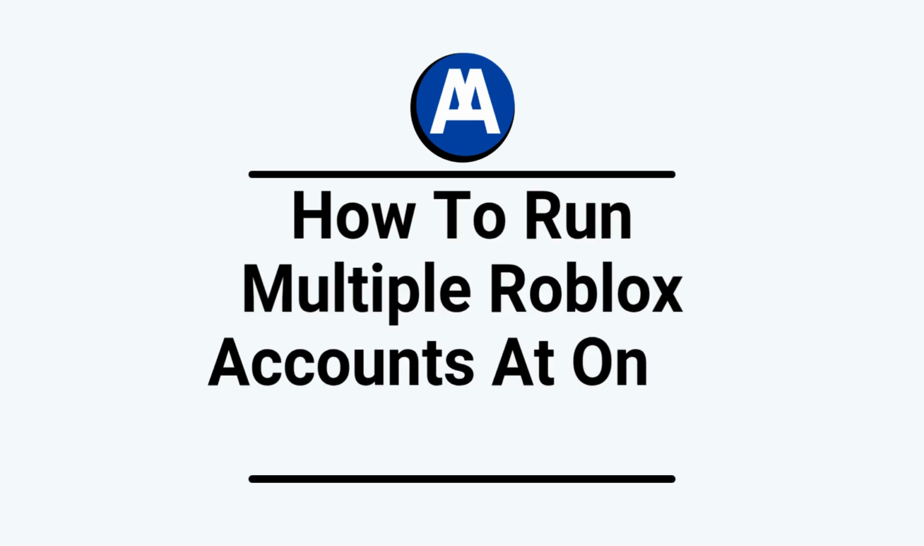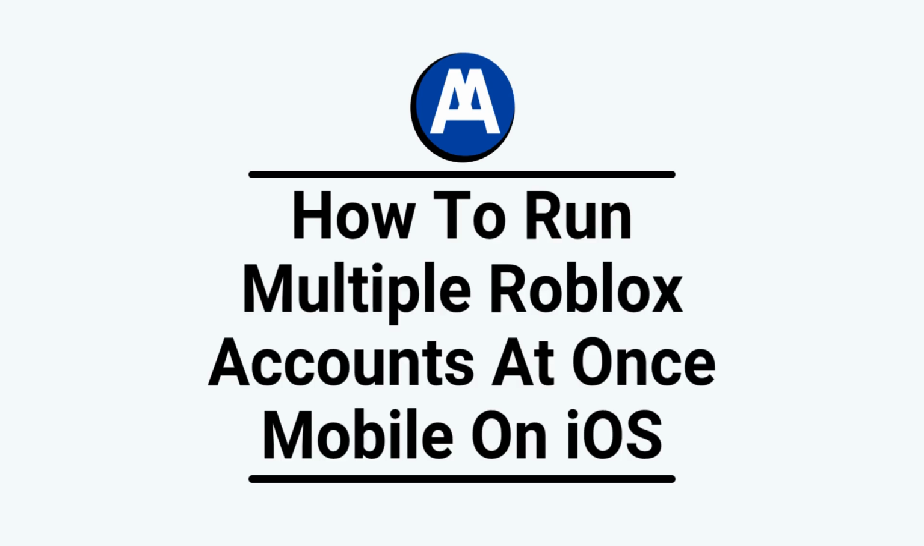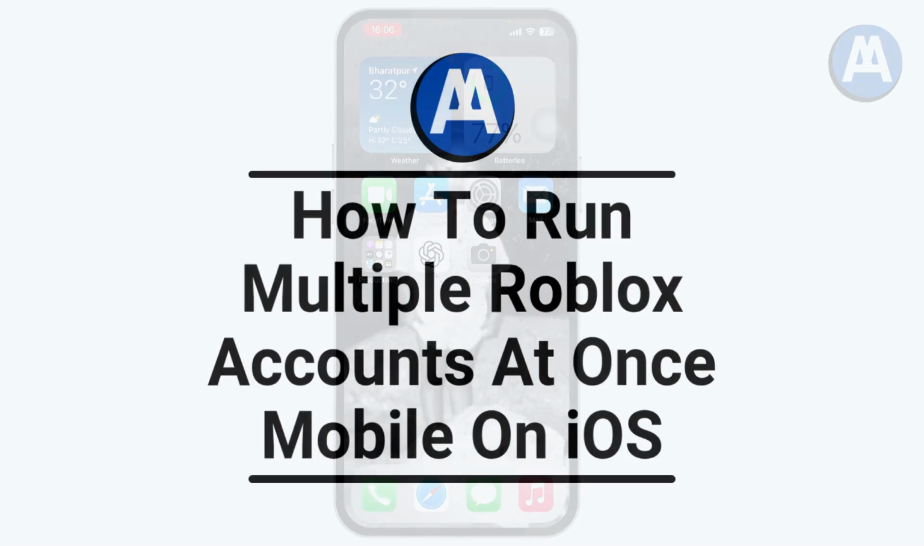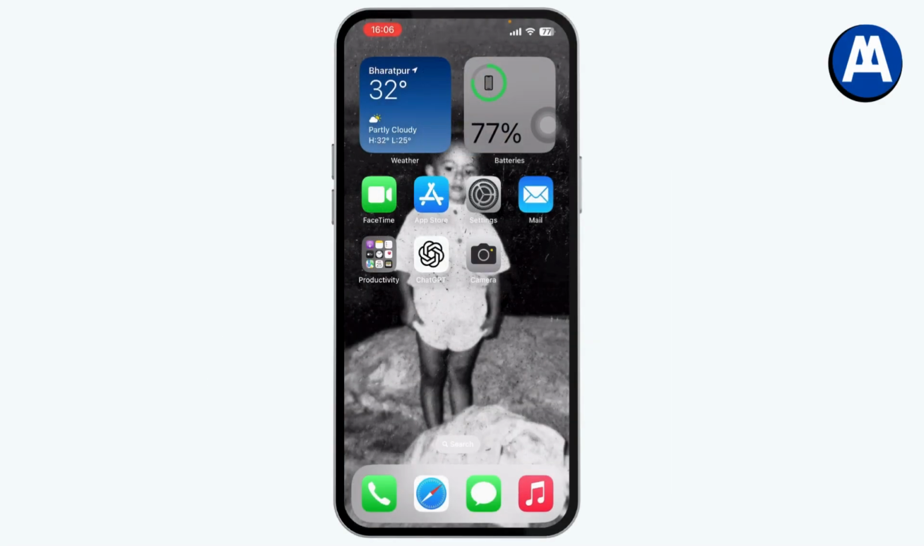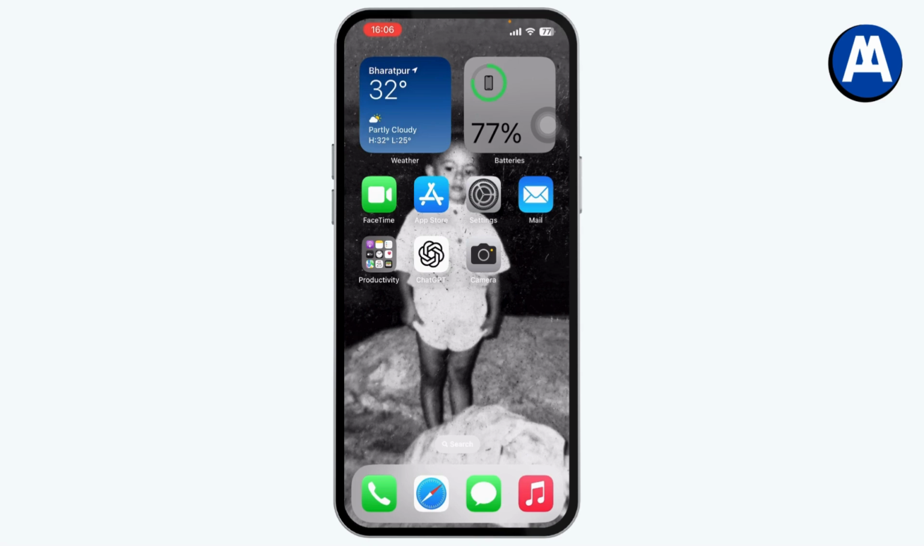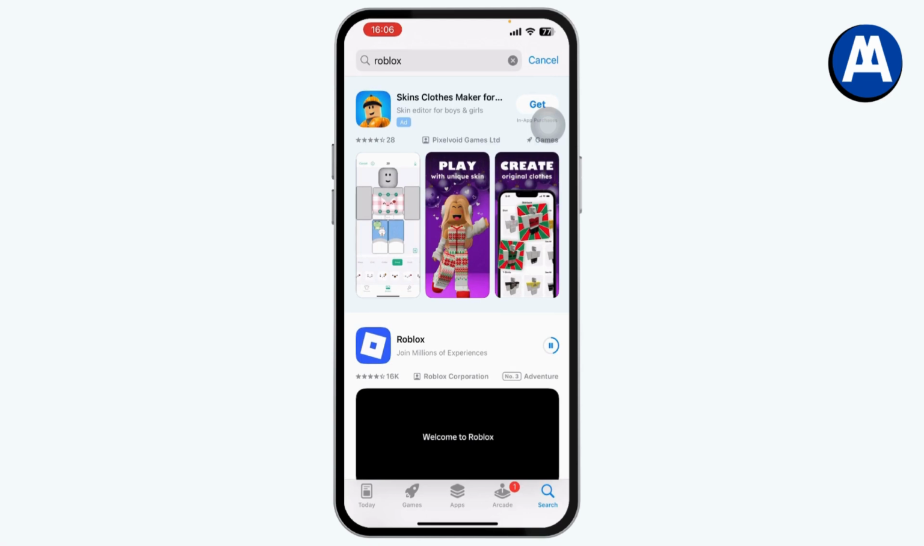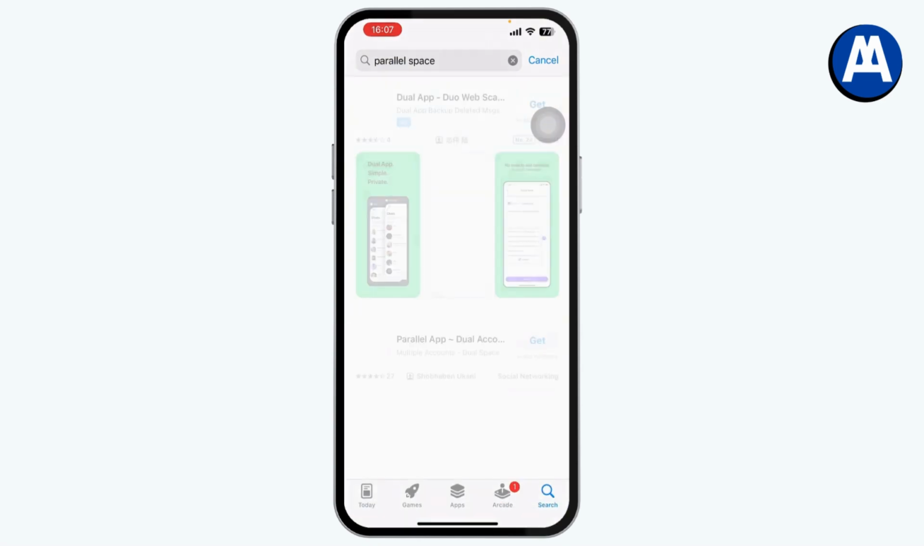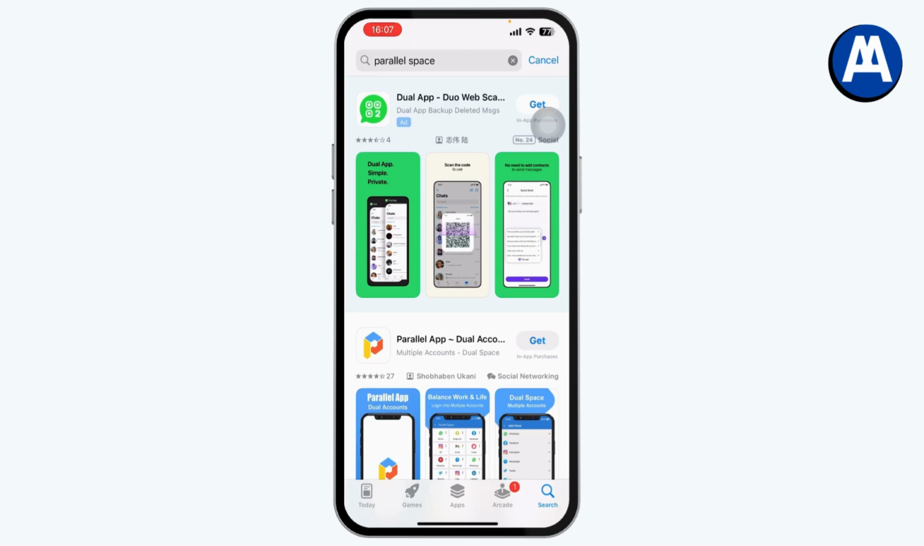How to run multiple Roblox accounts at once on mobile on iOS. So if you want to run multiple Roblox accounts, you simply go to your Roblox application and you will have one account there, right? But if you want to use another account, then you need to open up your App Store, and here you need to search for Parallel Space,